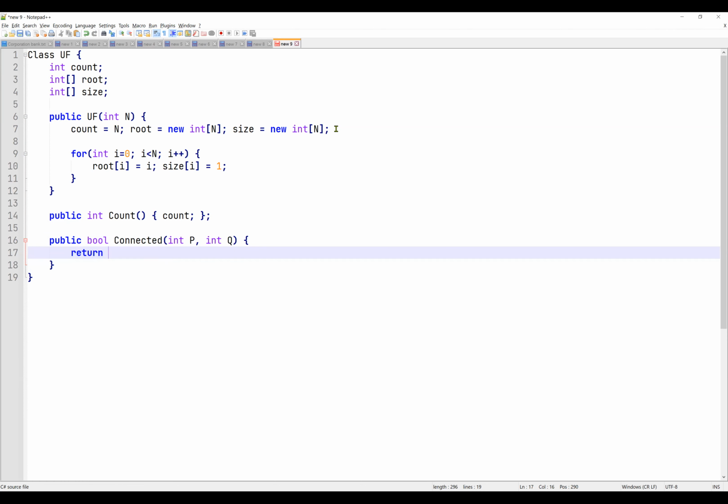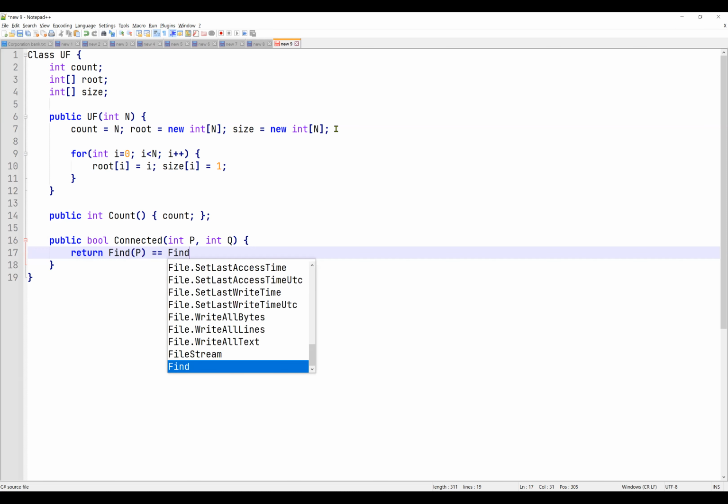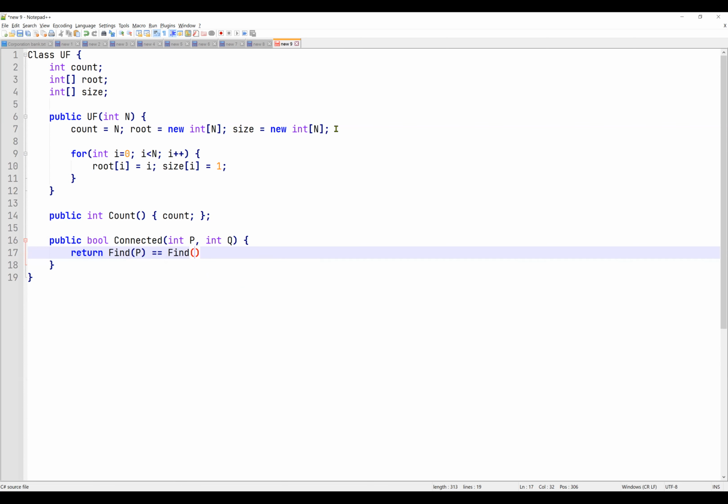We said that it returns find of p equal to find of q, and so what is find?